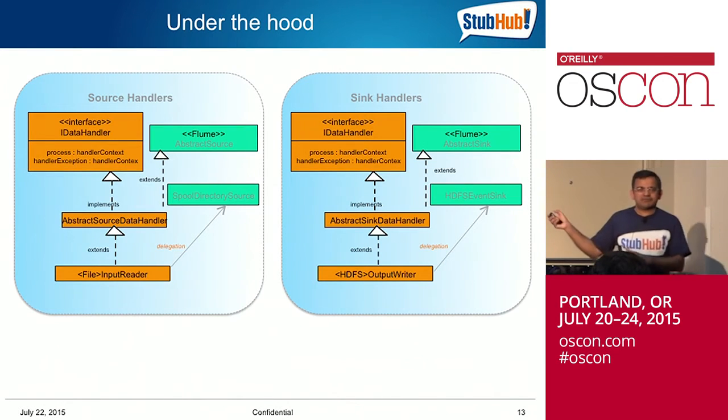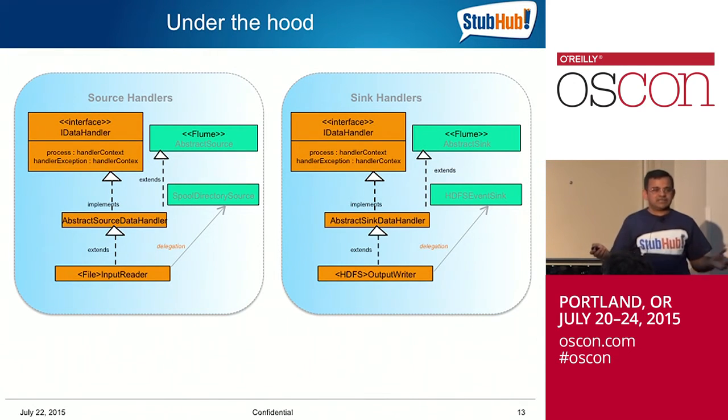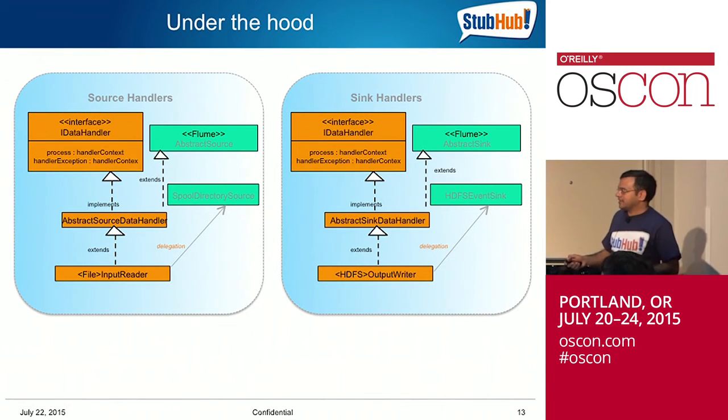I don't know if it's obvious by looking at the pictures here, since it's a bit technical in terms of classes, but it's the exact same thing for sync as well. As you can see, exact replication of the sync here. So the key is that if you currently use some of the Flume classes directly, or have extended those classes, you would be able to use this handler chain to extend and leverage what you've already done, but get the additional things that we're talking about. That's where the reuse comes into the picture.